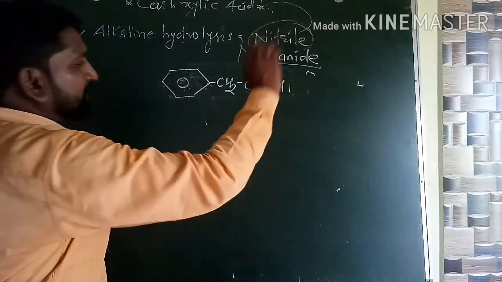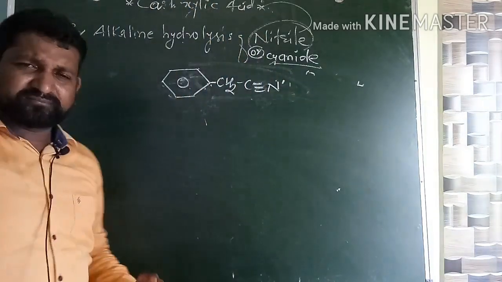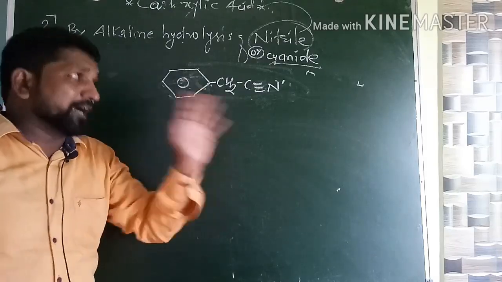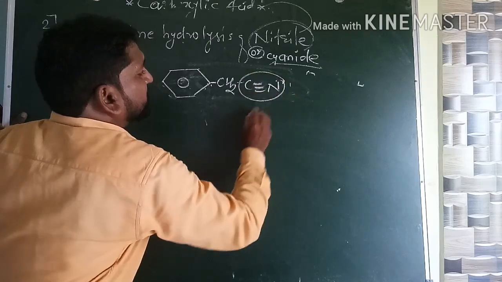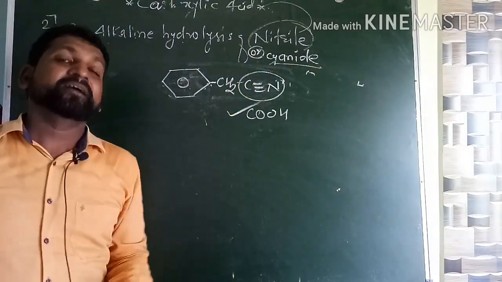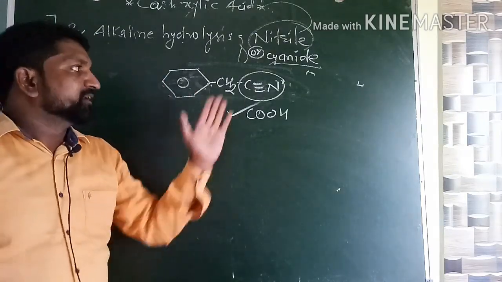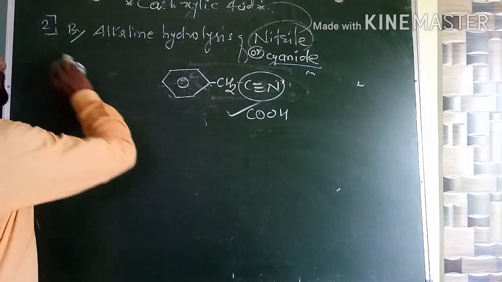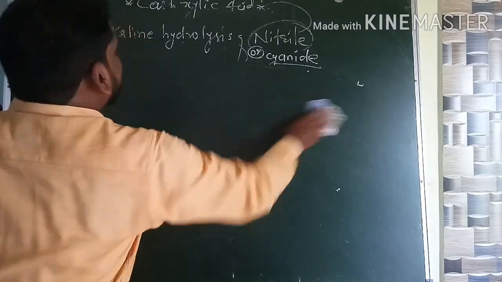Then what is the corresponding reactant, the corresponding starting material? Let's write. Okay, matter solved. Do not bother about the name. What we want is to convert simply this cyanide group into the COOH group. That is the basic, fundamental technique to learn the chemical reaction. Now you have to just complete the formality. Fine. I hope you got the idea about the alkaline hydrolysis of nitrile or cyanide.